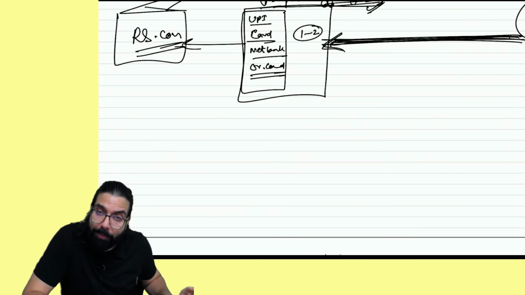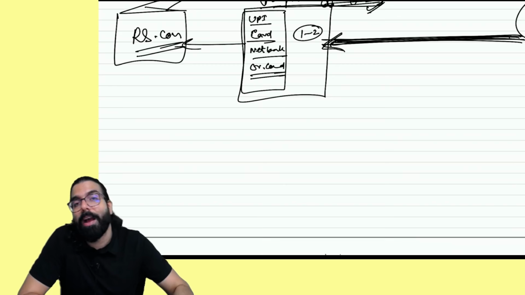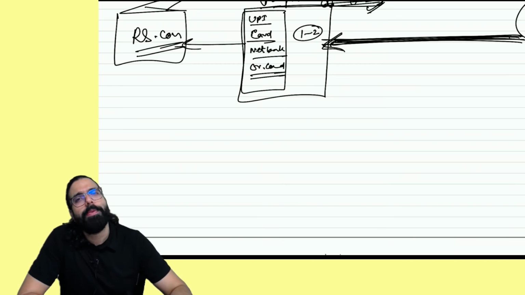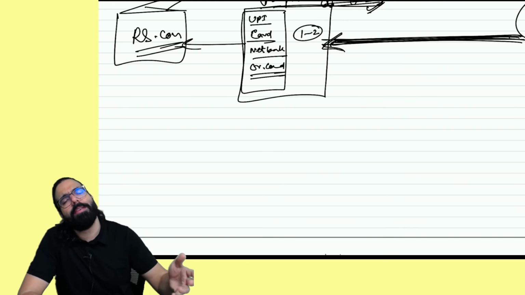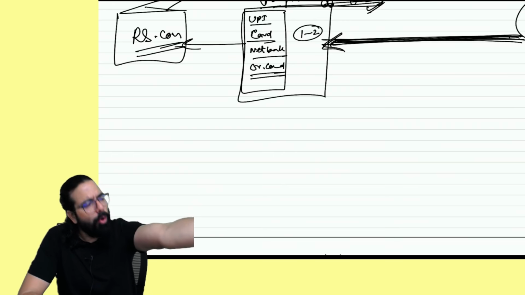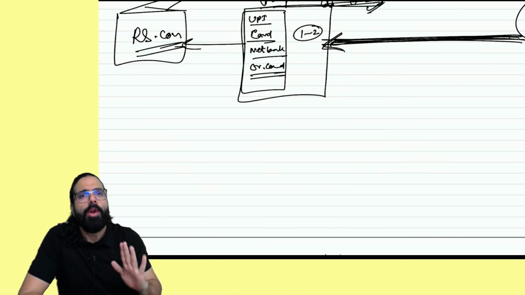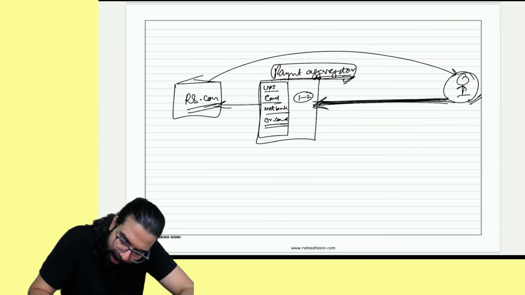And hence, the clarification which came was yes, payment aggregators can be considered as an acquiring bank, because when you read the acquiring bank definition, it says it can be a bank, financial institution, or any other person who is basically collecting the money. So you tell me one thing. Yes, sir, they are also collecting the money.